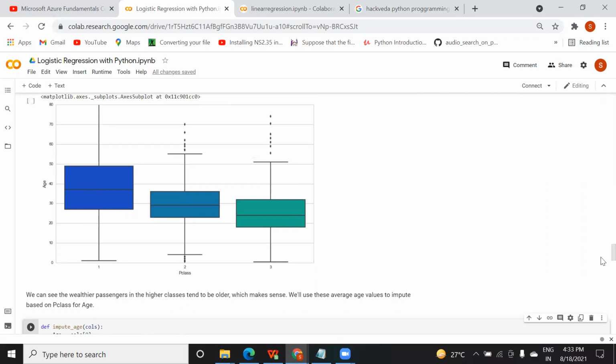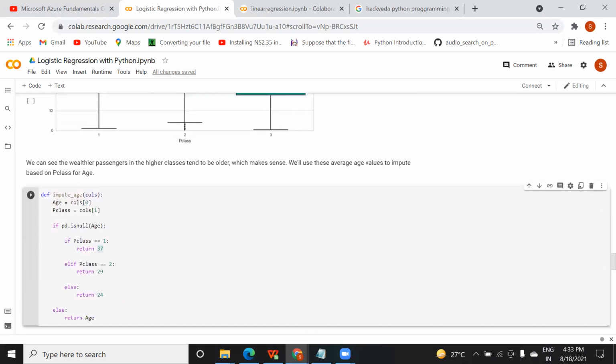If you want, you can assign 40 also, nothing to worry about. If class is 2, I will return 29, otherwise 24. If the age is there, I will directly return the age. I mean to say that if age is not null, obviously it will return whatever the age is. So this function will replace null values with specific ages. Am I clear to you?